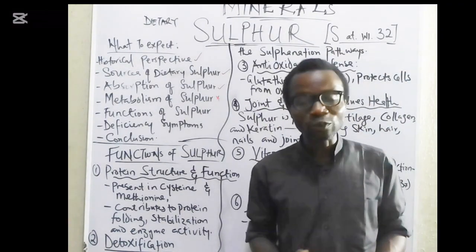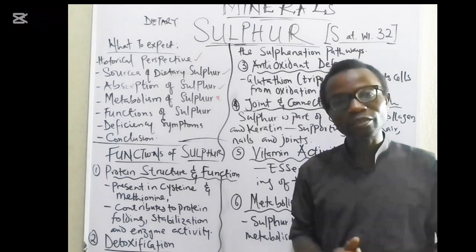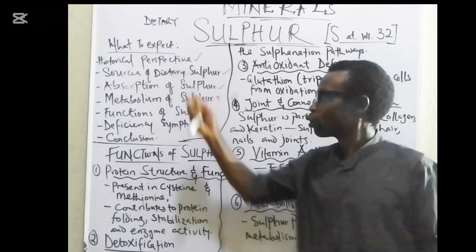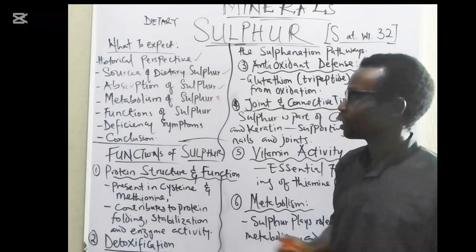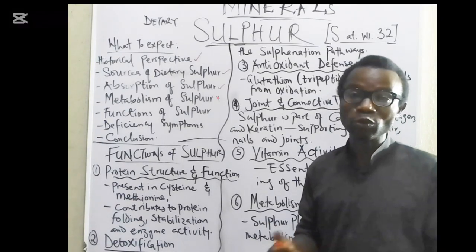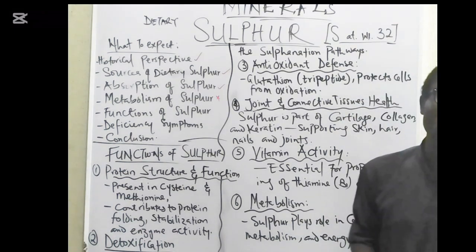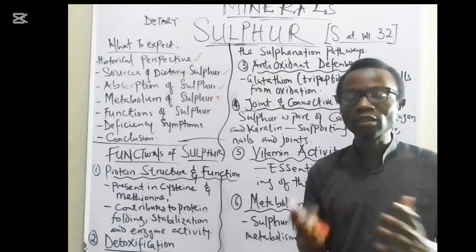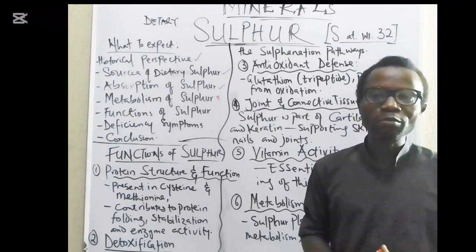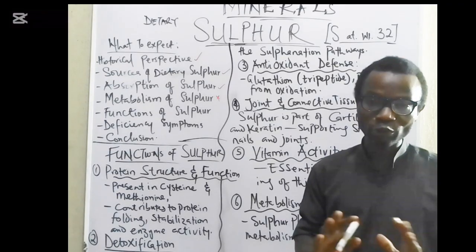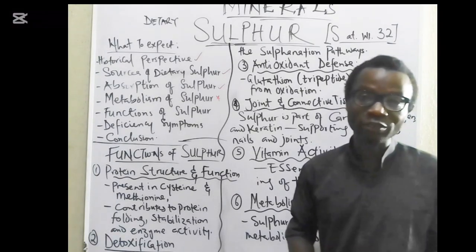And today again we continue in our studies on sulfur as a dietary mineral that is very essential. Now, we've talked about in passing before the historical perspective, the sources of sulfur and the absorption. Metabolism also was that which we looked at in the last session. Now today we'll be looking at the function. I previously thought I was going to handle both the function and the deficiency symptoms, but not to rush it up, we're just going to take the functions alone. Now let's go straight into it. Today we have the functions of dietary sulfur.